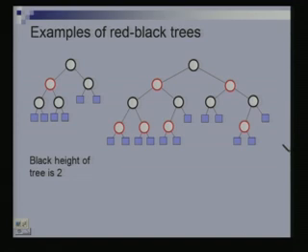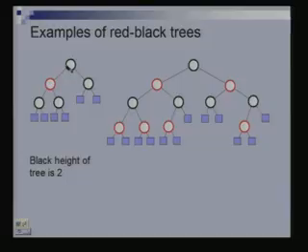Yes? In the first example, how come the root is black and the right child is also black? Yeah, a black can have black children, but a red cannot have red children. It is not symmetric. So, if we were to take the first case, yeah, the root has to be black and both the children, left and right, to be red.